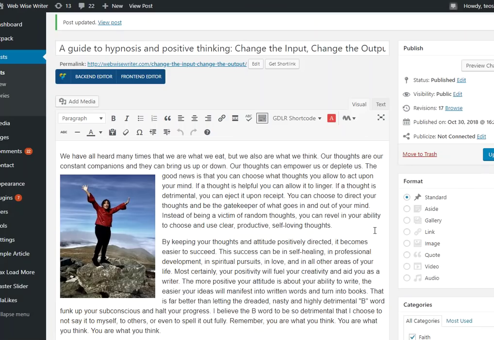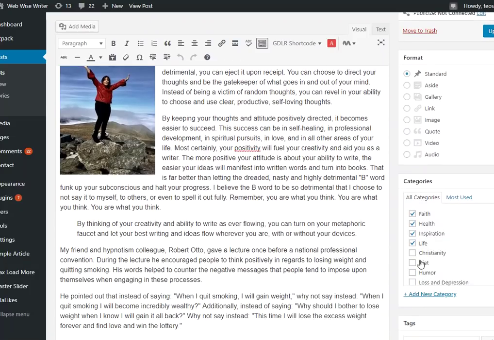So we're almost done. I'm not going to go into all this format stuff. This, for most WordPress sites, will set up a different kind of post style, but I usually skip it. It's not a big deal. You do want to look at the categories. If you don't already have these categories set up, you'll need to add new categories. Sometimes WordPress themes come with a whole bunch of pre-installed categories that don't work for you that you need to delete, because this is like a spirituality